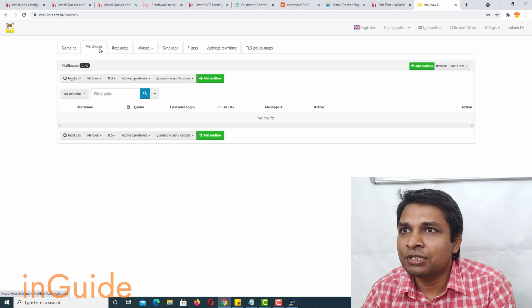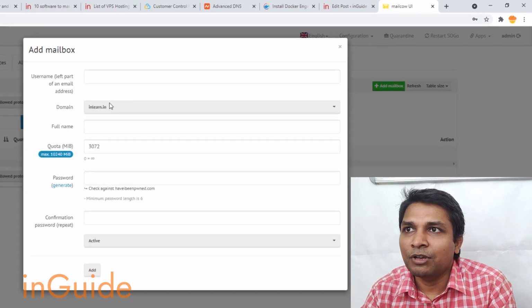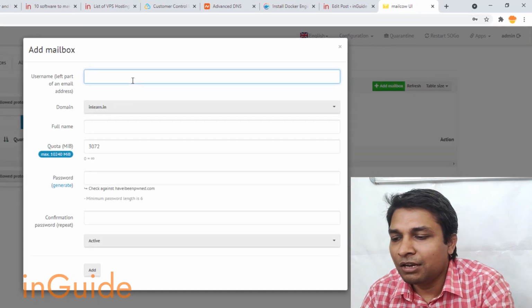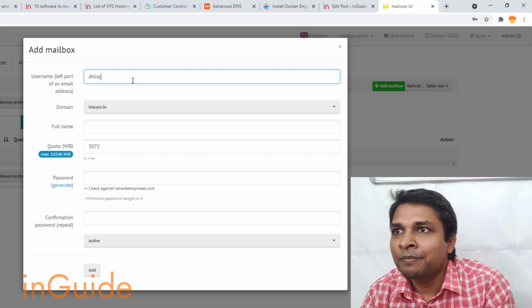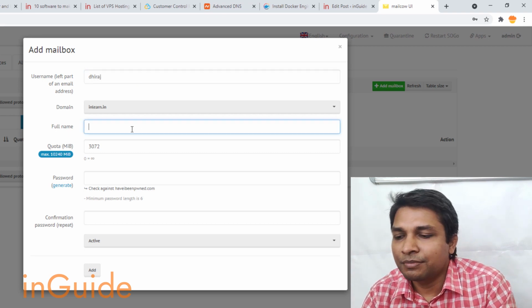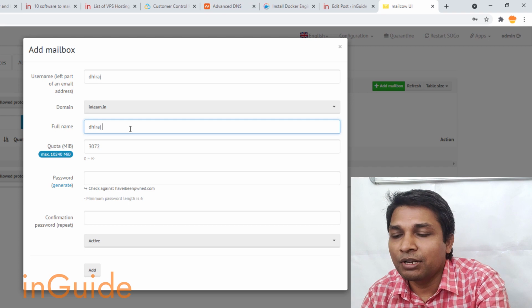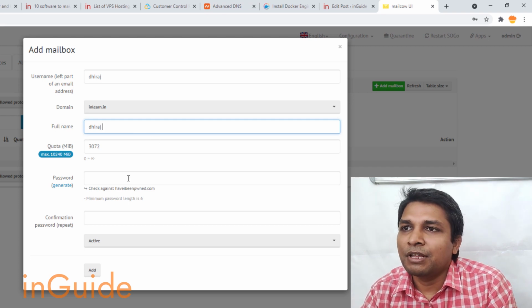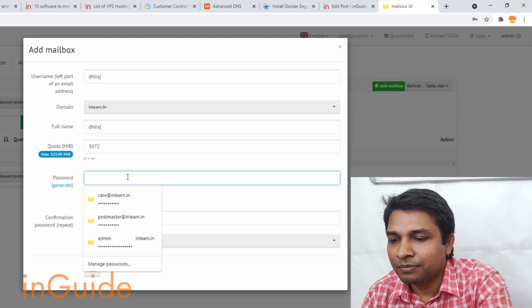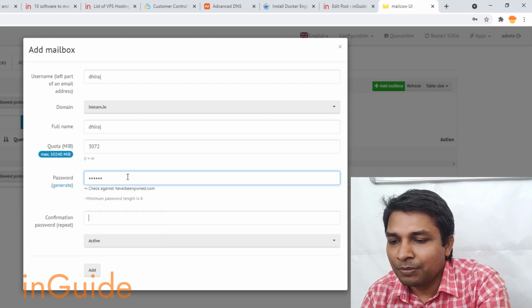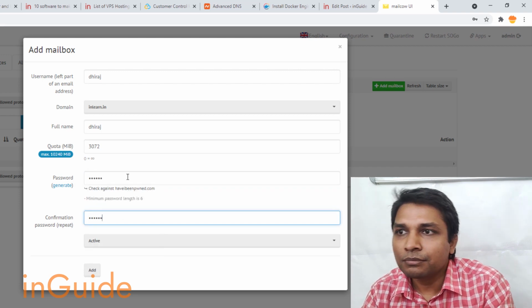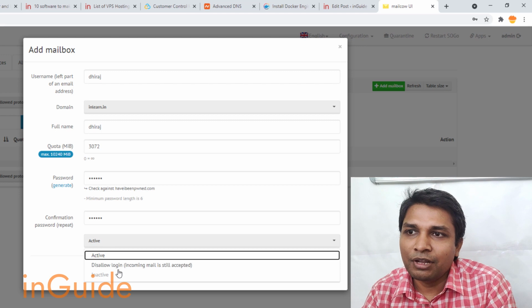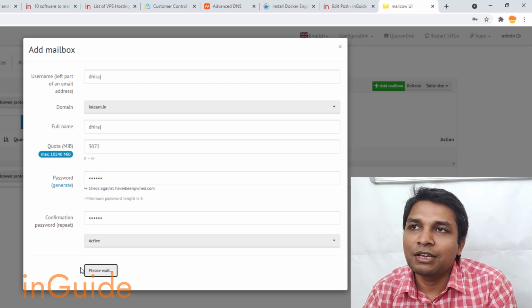I'll go to mailboxes, and then I'll click add mailbox, and here I'll type my name, and again here you have to type the full name. After that, the password. So let me type it, and then the status, whether active or inactive, and after that click add.